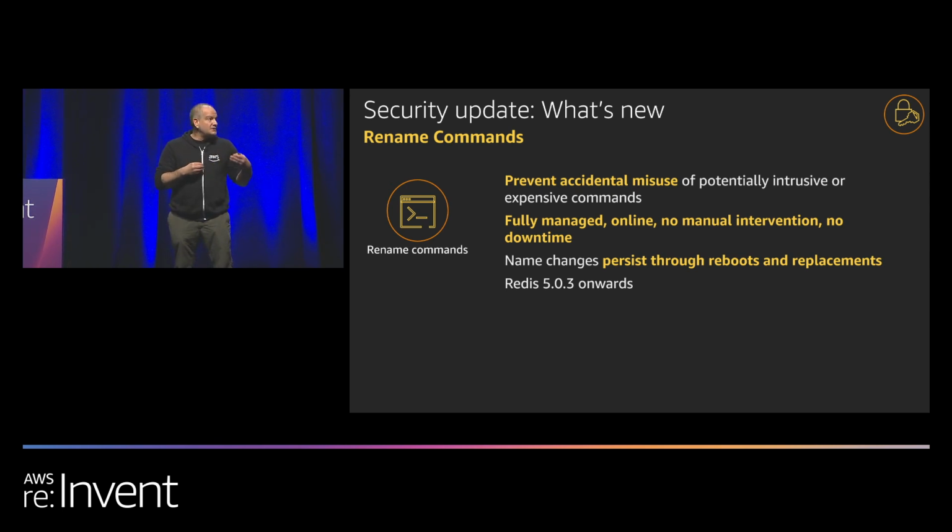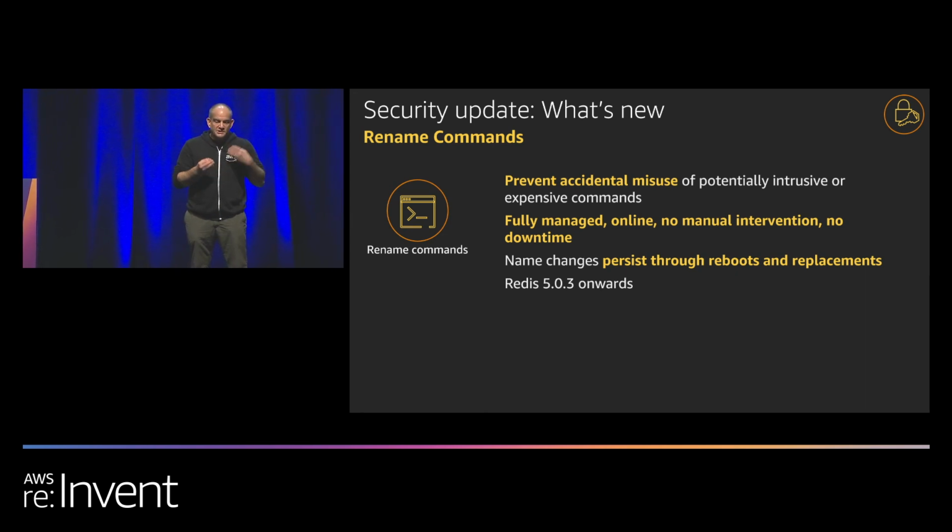What we've done is enable changing command names in real time without having to recycle Redis. So if you use open source Redis and want to rename your command, you'll have to restart your node. With ElastiCache, you just go ahead and change the command name, and it happens in real time. In Redis 6, which is supposed to come out early next year, there's a new set of functionality around usernames and around the authentication and resource-based access control. And as soon as that drops and goes to production, you will see us supporting that as well.